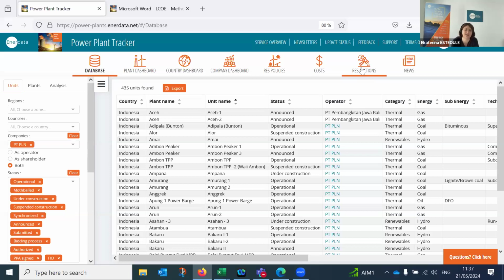But there it's more projections than estimates. If you're interested in estimates or projections, we have different tools that focus on this subject in particular. We also have long-term forecasts on the power mix, the power demand, or even power prices. But it's covered in a separate tool, not in the Power Plant Tracker, not yet.